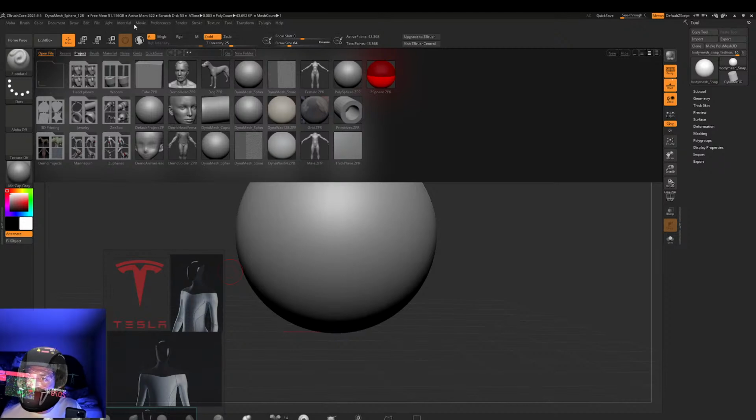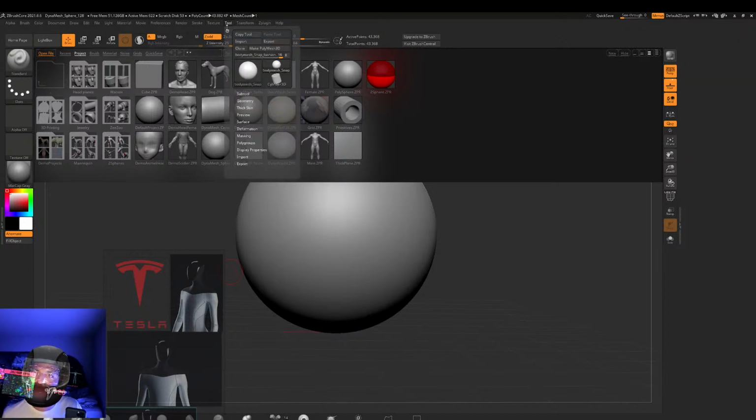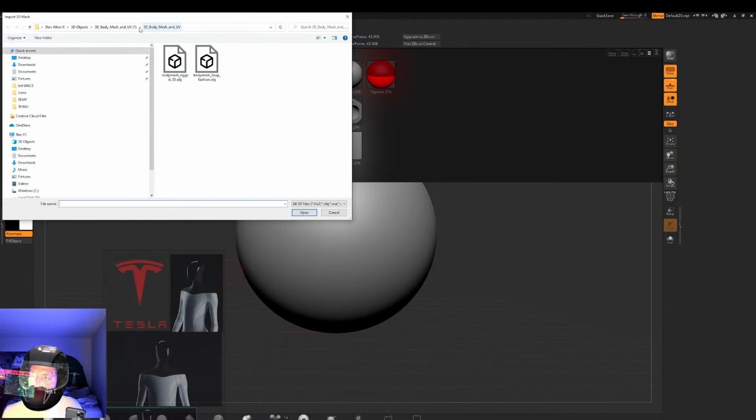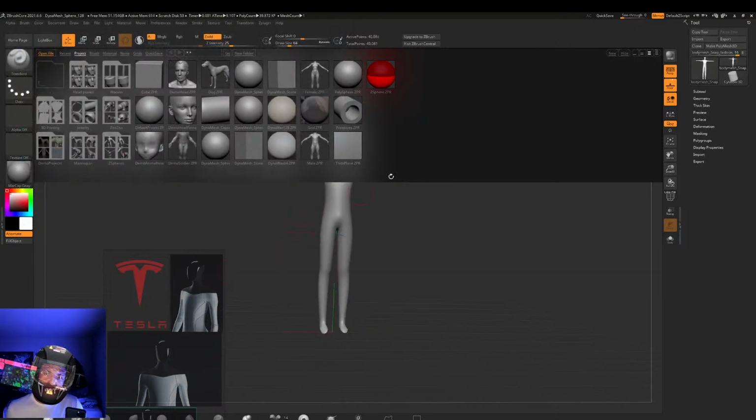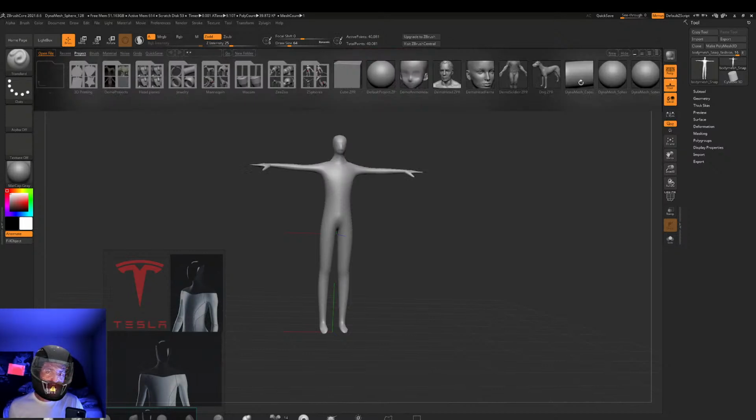We can see, we're going to go to the import. Wait, where's the import tool? Oh, there it is. So go to tool, go to import. I'm going to import the Tesla bot mesh. Let's go ahead and import that geometry. And so now we are inside of ZBrush,